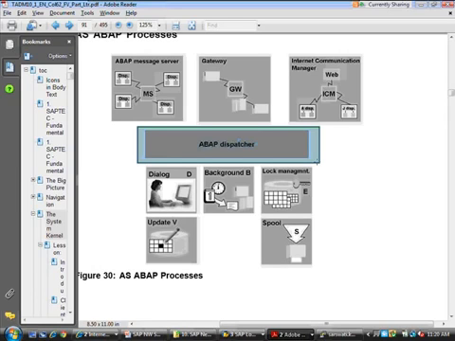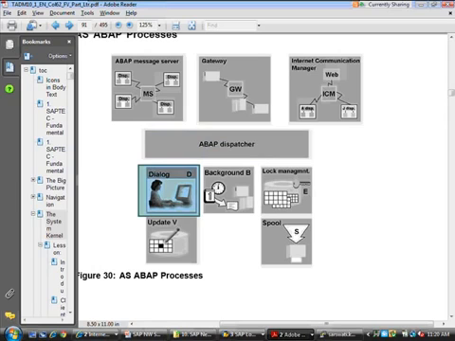If there's an incoming request, if it's of the type dialogue, it will go to the dialogue work process. If it's of the type spool, that means printing request, it will go to the spool work process. Similar to a taxi cab dispatcher, right? Based upon who is calling, where are they calling from, where do they need to go, it will connect you to the nearest cab and dispatch that cab to you.